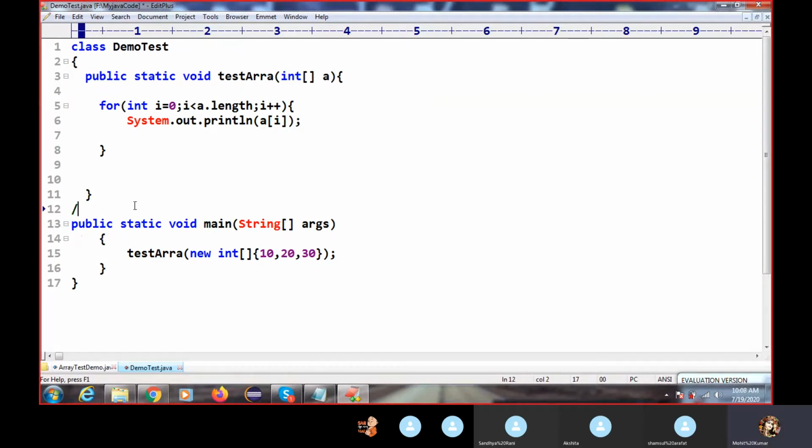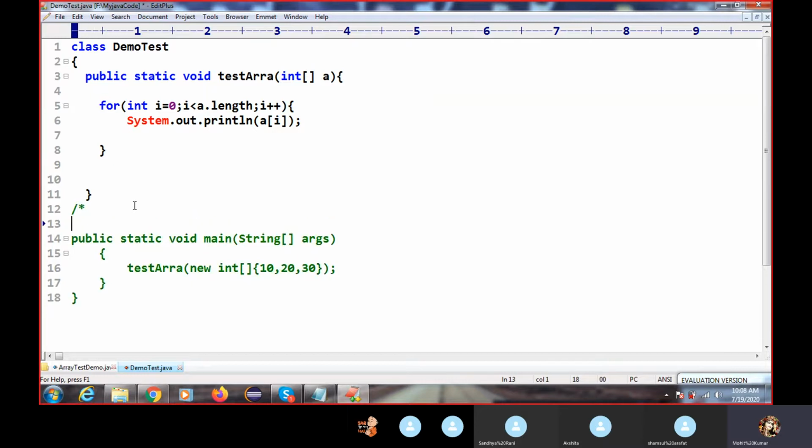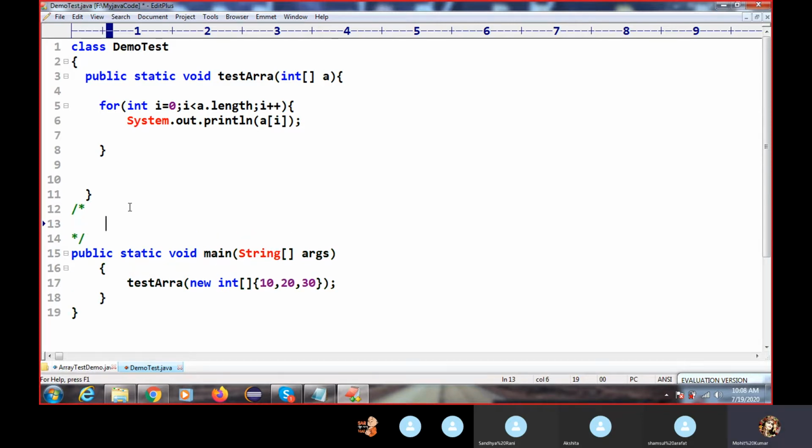What I want to tell you is, don't get confused. This is the basics of parameterization in a method. When you are creating any method, it is like that. We can also pass the parameter as an array type.